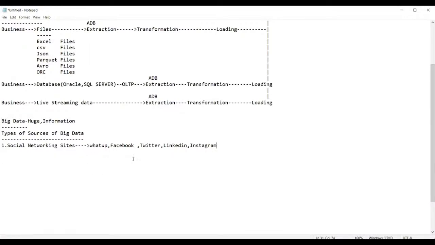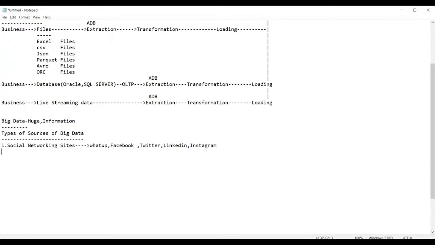These are all called social networking sites. The social networking sites are basically referred to as a major source of getting big data.